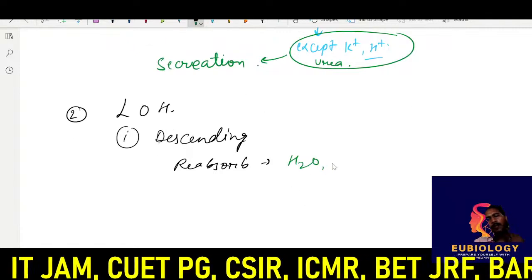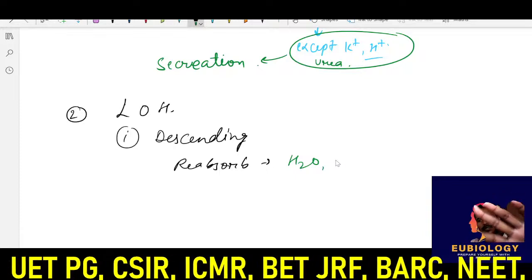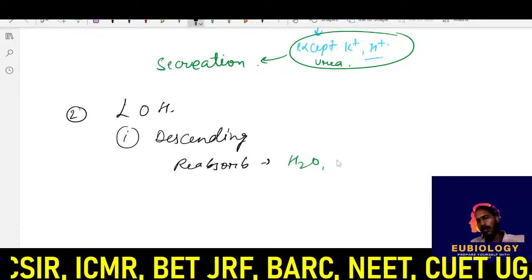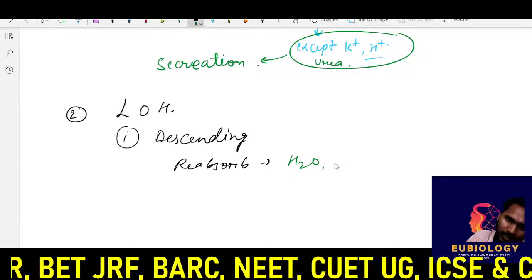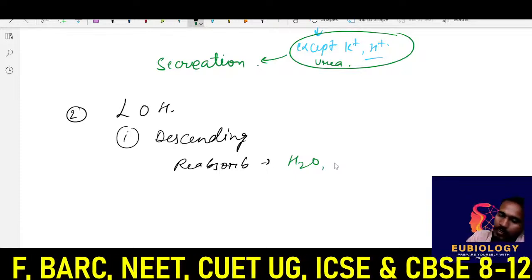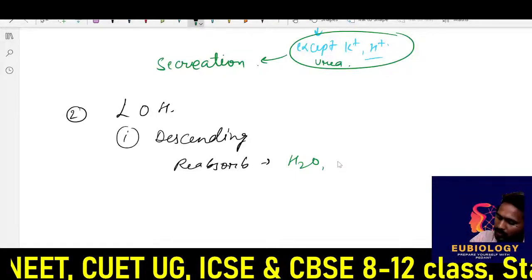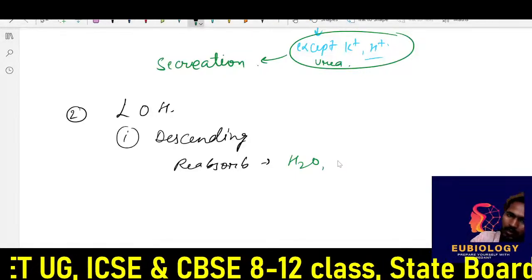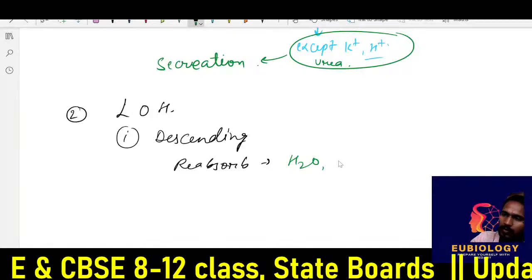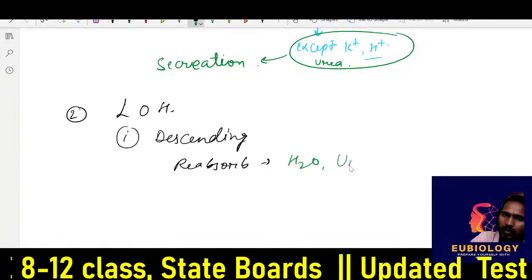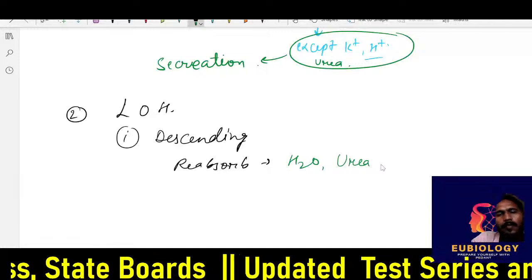water. It will be permeable for the water. You can write it like this also. It is permeable for the water, impermeable for the ions like sodium. Okay, this question is already asked, so I am telling you to write reabsorb like water, urea,